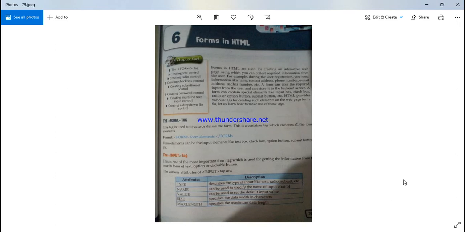Children, have you seen a form? Absolutely, your answer will be yes, because all the revision tests, half yearly tests, and 10 marks and 20 marks tests we have successfully completed in form. Teachers send you a form, and you attempt the test on the form, with multiple choice and short answer.